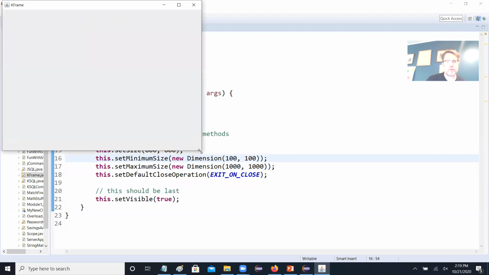Okay, so here, I'm going to shrink it down. And this is as small as I can make it. Right, so this is kind of neat. Boom. I can't make it any smaller. I'm trying to scrunch it, but it won't go. Conversely,